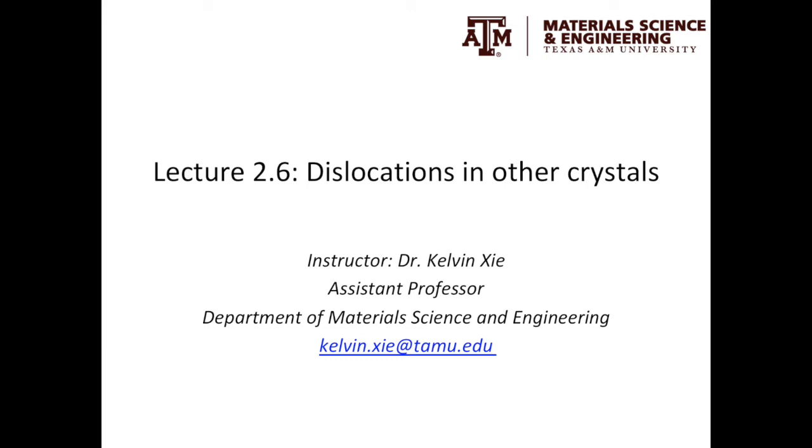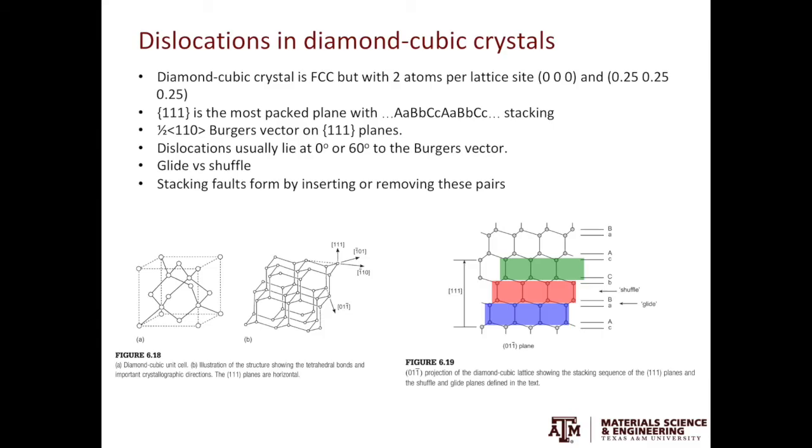In previous videos, we looked at dislocations in FCC, BCC, and HCP crystals. In this video, we'll look at dislocations in other crystals. The first example is the diamond cubic structure. Diamond cubic crystals can also be viewed as FCC, but at each lattice site there are two atoms instead of